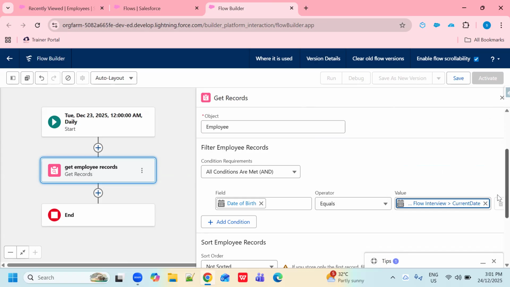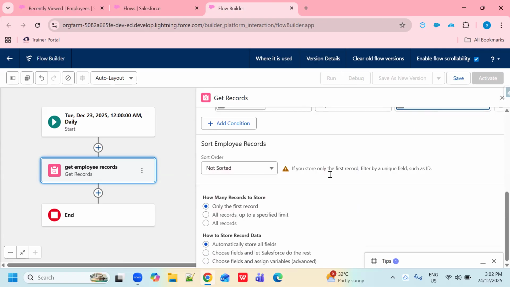So if my date of birth equals the current date, then all those records should be gathered from my object. So this is my condition. If you want only the first record, you can select this option, but I want all records matching this condition. I want to fetch all records, so I'm choosing this option.